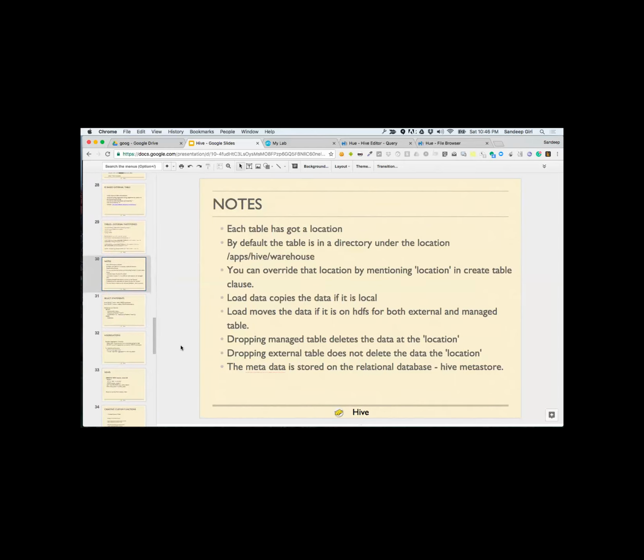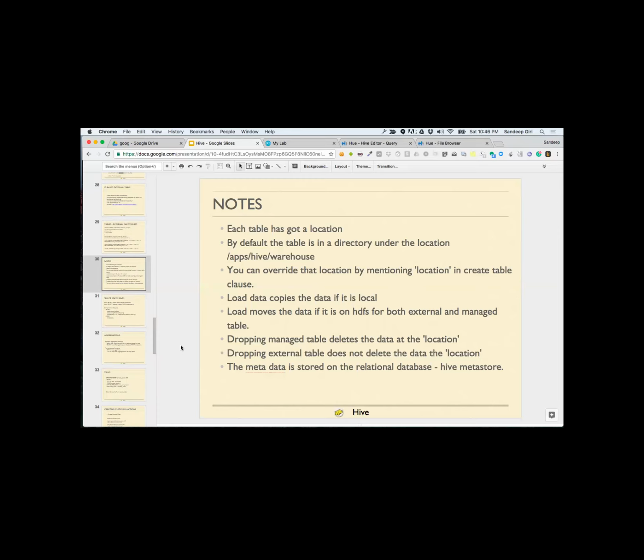All right. So each table has a location. By default, the table is in a directory under the default location if you don't specify one. And you can override this location by mentioning the location keyword after the row format. All right. If you're using the load data command, data will be copied in case the data is local, as in the console.